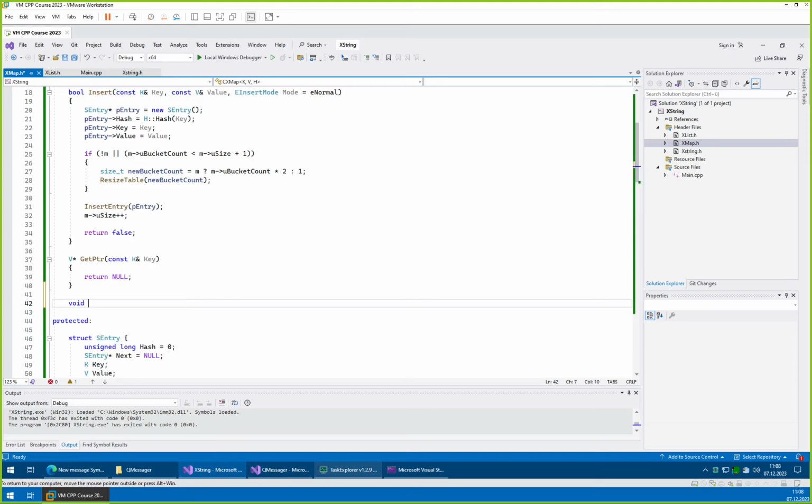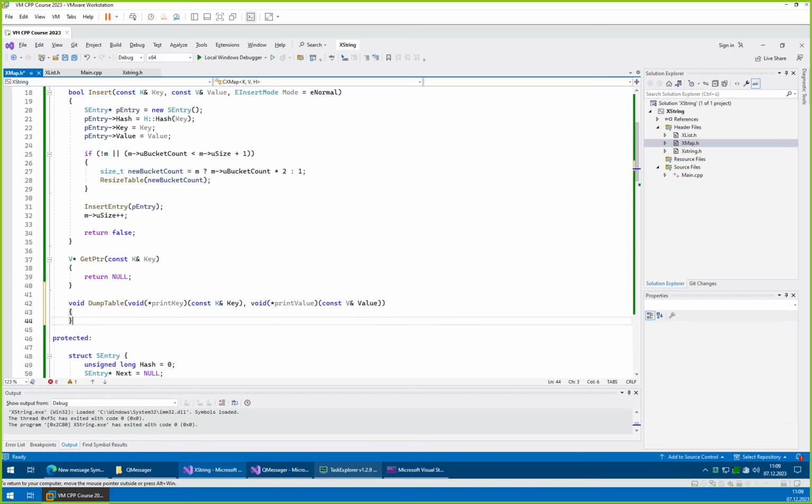So void dump table. It should be called either dump map or just dump data. Dump table. Let's stick with dump table. Alright, so we want everything to printf, so it doesn't need a return value. Void, address print key, which takes const K reference key, and a print value, which is almost the same, just takes V and value. Right, so we have our table,